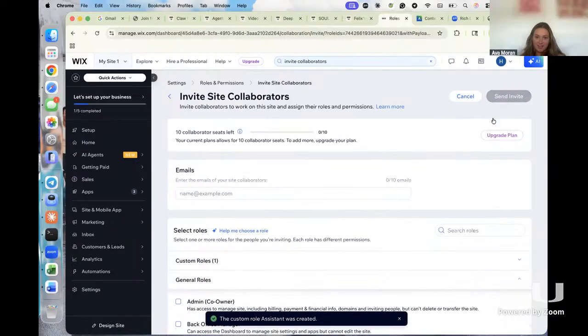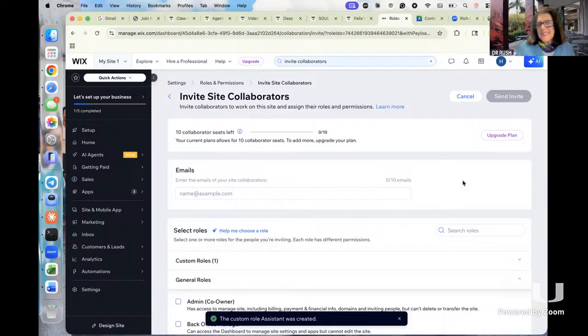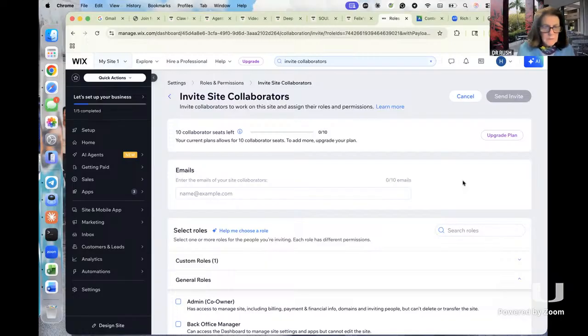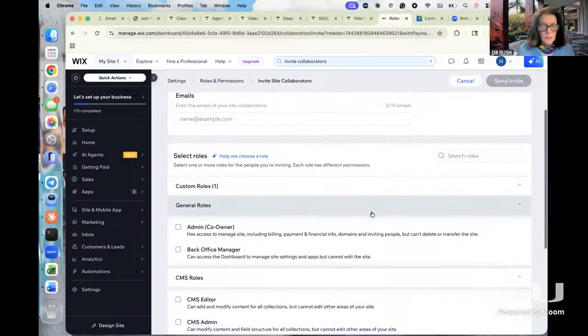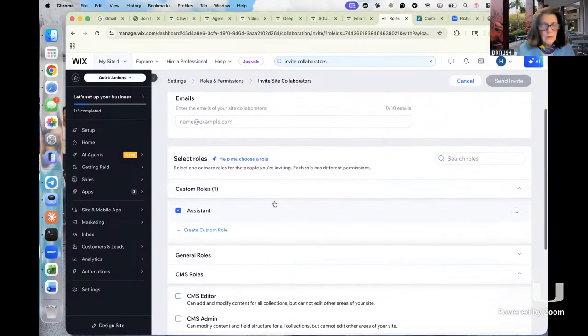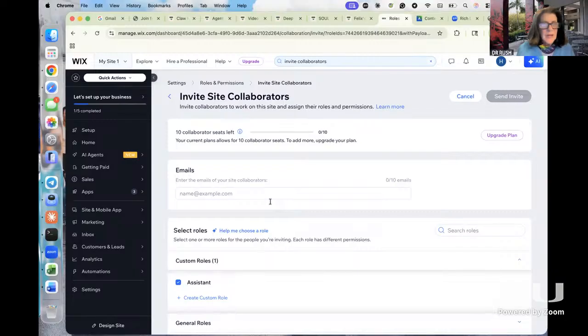Yeah. Okay. So the only thing that you need to do, if there's a promo code, if there's a sale, you have to remove the sale and put in our code. And then this is where you invite site collaborators and you put everybody's email in. And then you can select and you can do their custom roles. Right. That they can do. And in this case, then they can't edit, or you can make them another admin.